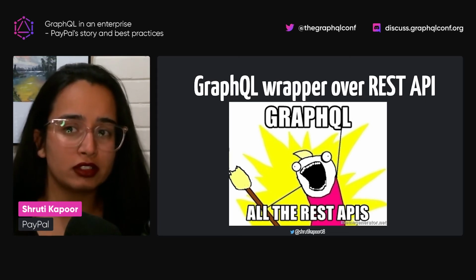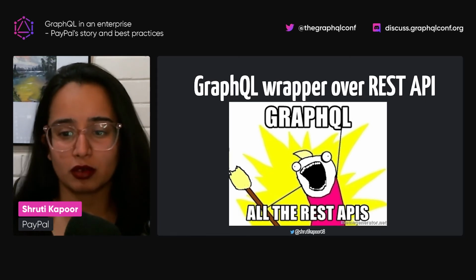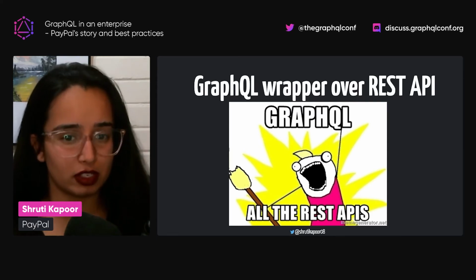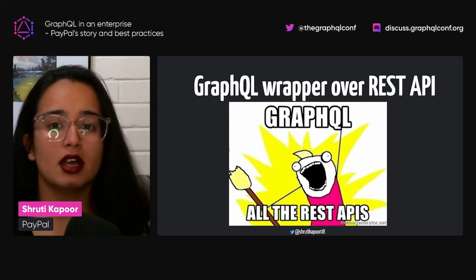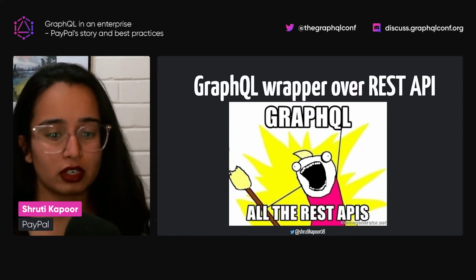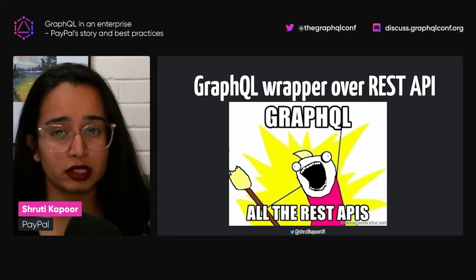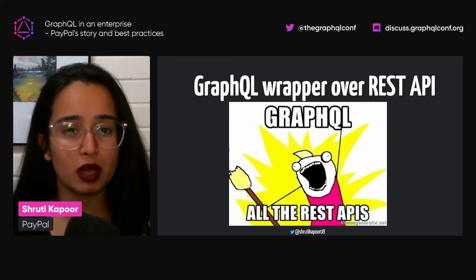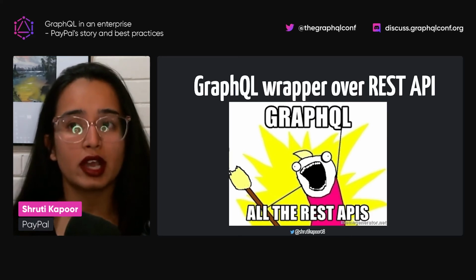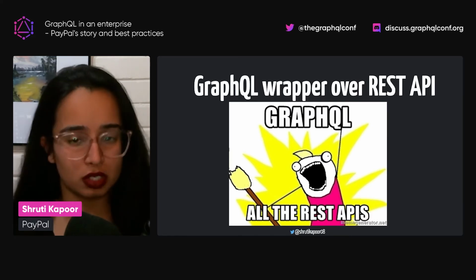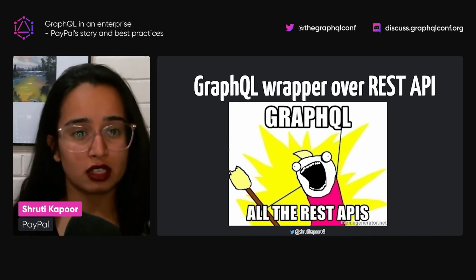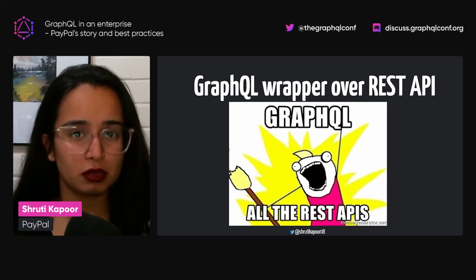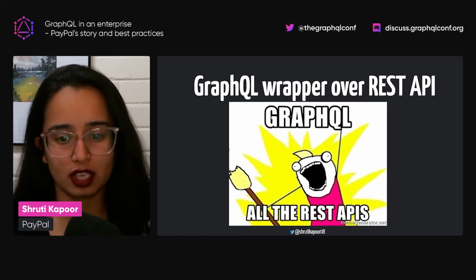This way, you don't have to turn down everything that's REST API or put your apps down, but you can slowly start converting one API into a GraphQL API and see if it fits your needs. This is also really good in enterprises where most of the APIs are built in REST, but we need a UI powered or UI driven API to consume those downstream APIs. In that case, that facade, that gateway layer can be the GraphQL layer, which in turn talks to multiple different REST APIs at the end of the day.